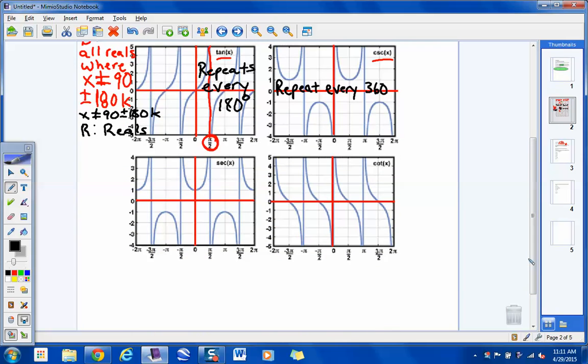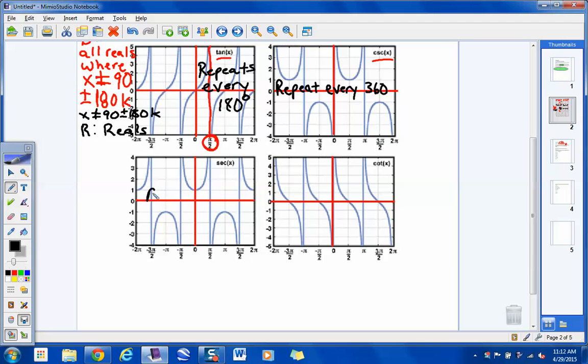If cosecant was every 360, what do you expect secant to be? 360. Hey, think about it. Sine and cosine repeated every 360, right? Aren't cosecant and secant just the reciprocals of those two functions? So it stands to reason that those would also repeat every 360 degrees. Do you guys buy that? Okay. Well, if tangent was every 180 degrees repetition, what do you think cotangent is going to